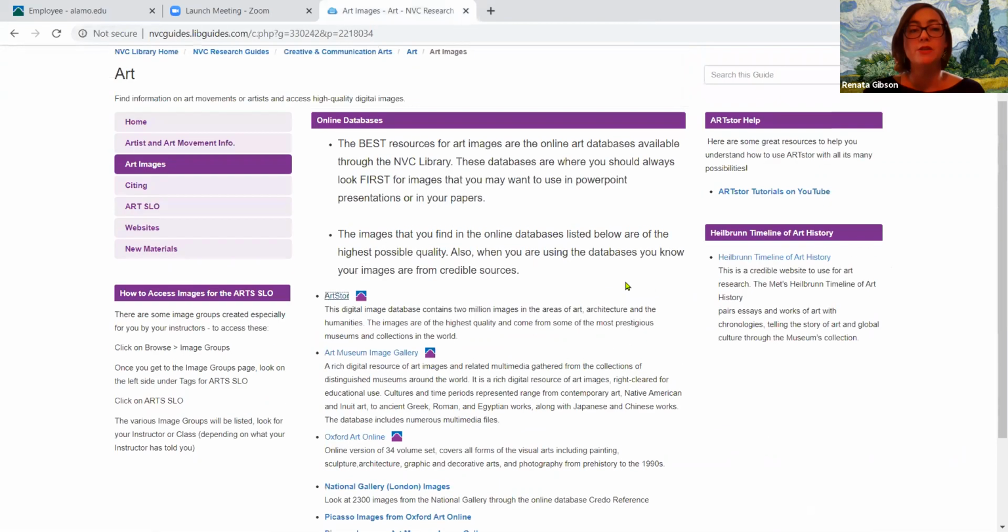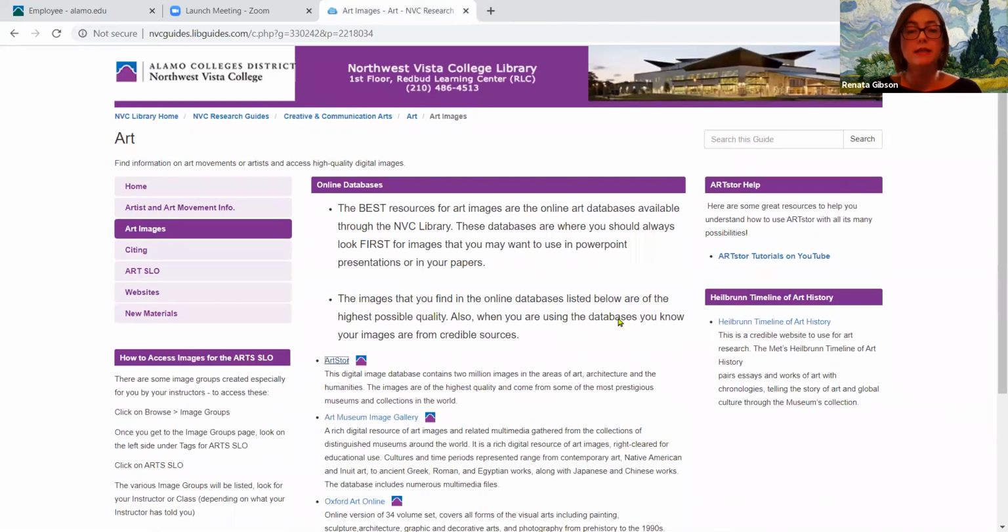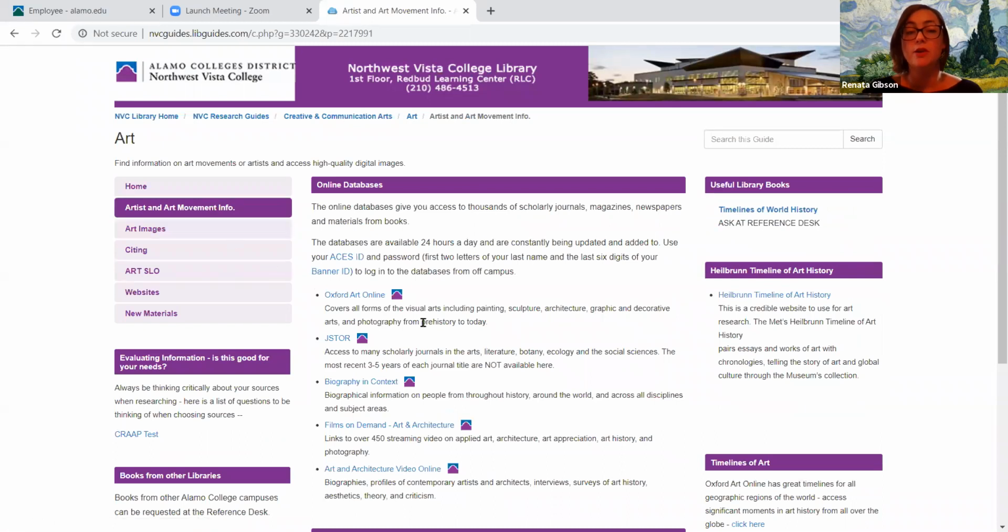So now we go back into the guide, and the second database that I would like to show you is under the Artist and Art Movement Info tab. And again, there are several databases listed here. All of them are excellent for any kind of art-related research, but the one we are going to look at is called Oxford Art Online. It's this very first one in the middle here. So if we click on Oxford Art Online,